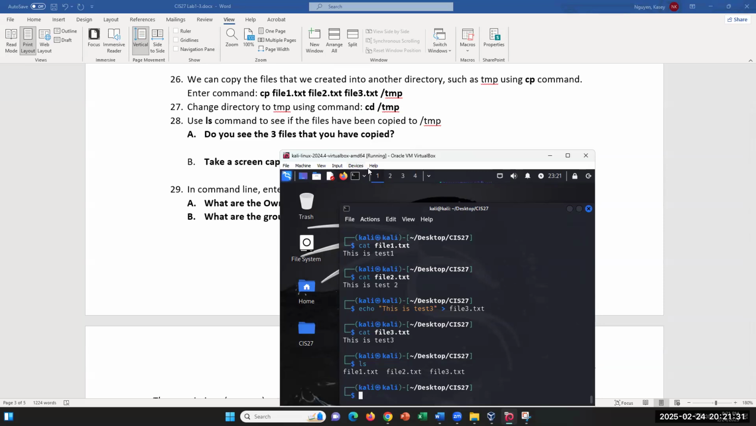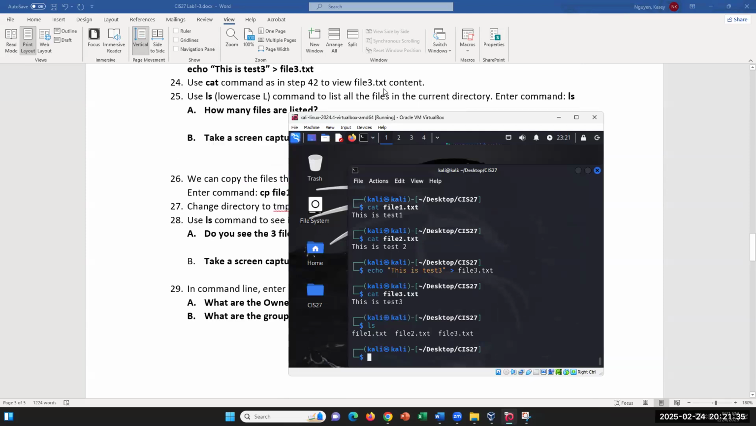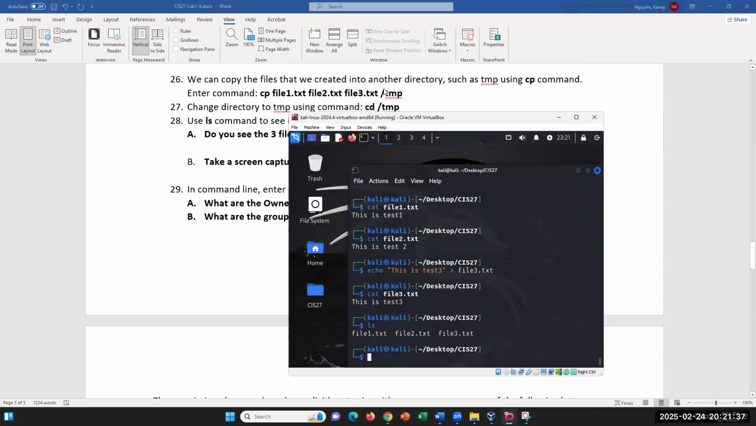Okay, so now what we're going to do is copy files. Take a screenshot for 25. You don't have to copy all of the files, you just need to put the one that you want to copy. So cp is copy